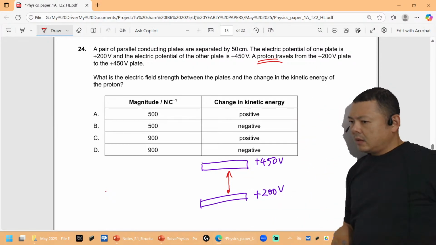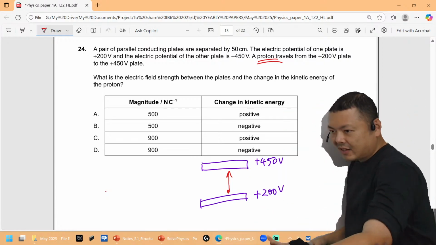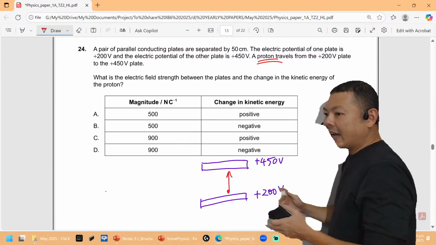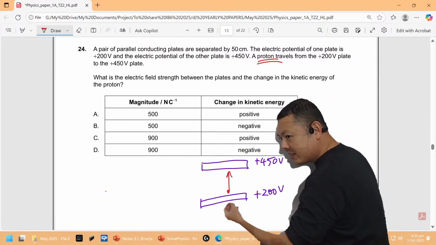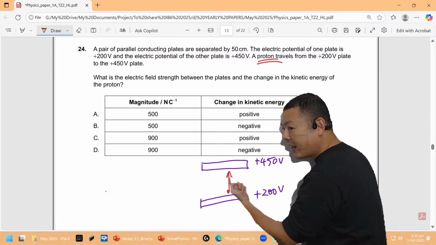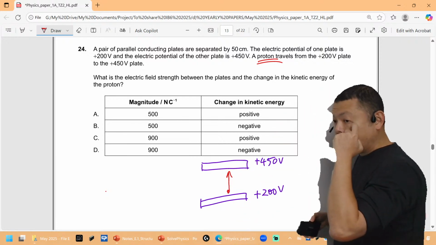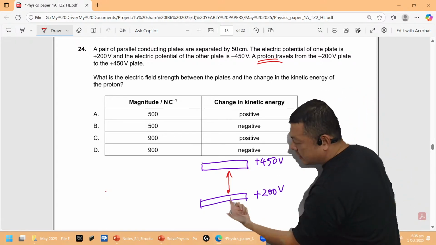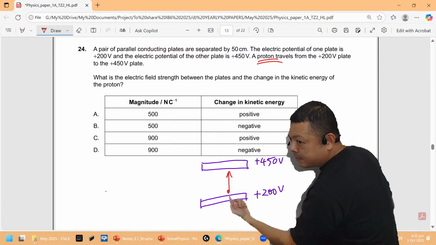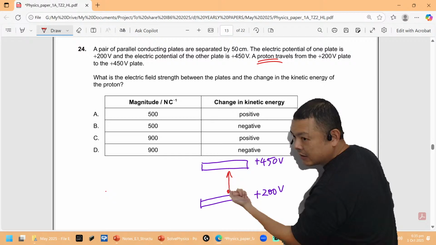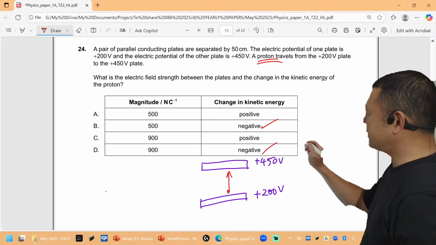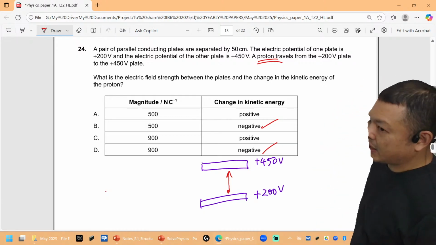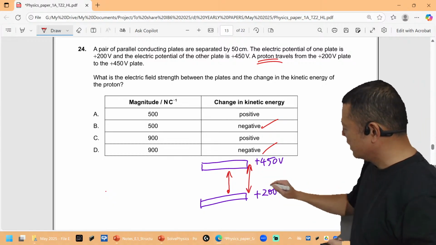That means you must have given it energy at first. You must give it KE at first. That means you must use like a gun and shoot the proton out. Boom. Then it flies, but it's being repelled, because the high potential here is repelling it. So it will lose KE. So it's a negative change. The calculation of the field strength, that one is no problem. But the potential difference is